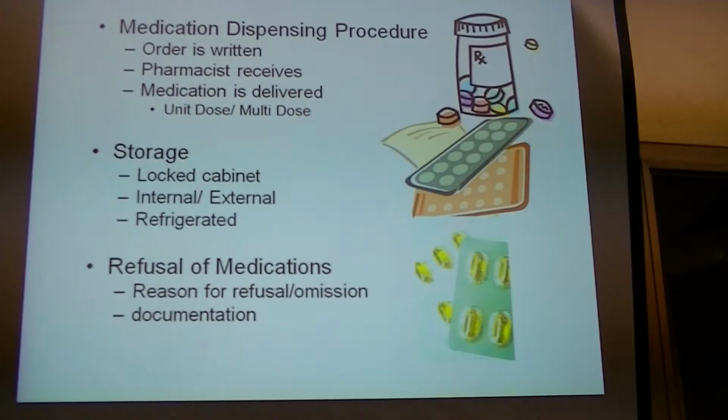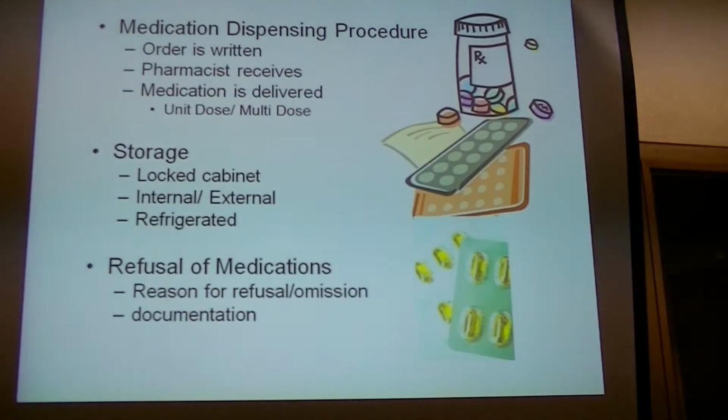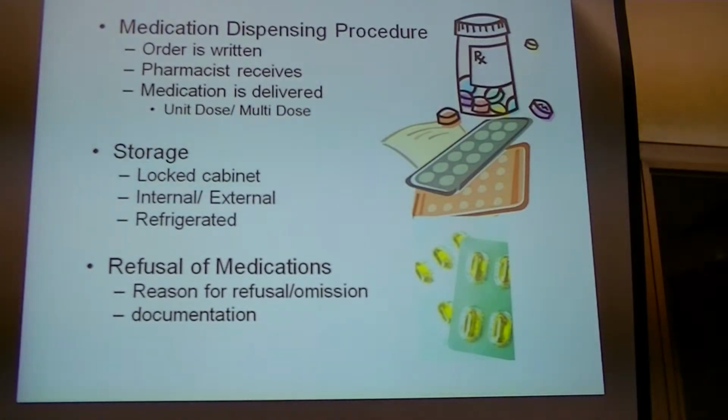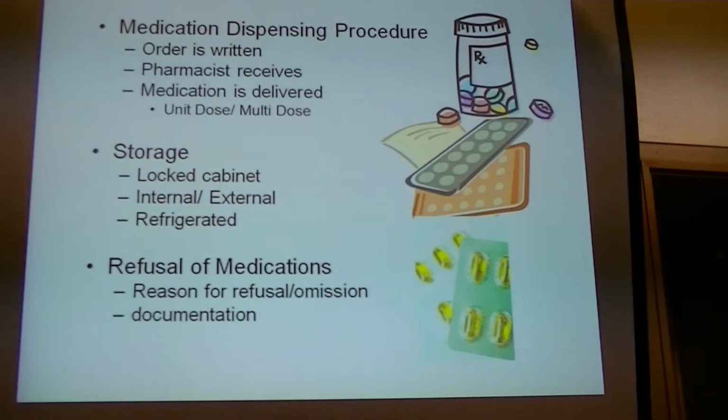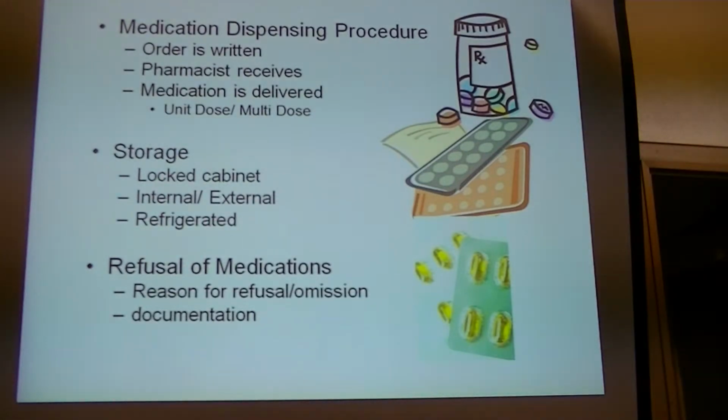Why? If the R is there because it was refused, then you have to document the reason. What do you do besides document? If they refused it, you had to put the R in, now you're documenting why they refused. Is there another step you take? Well, the time, you can do all that, but what else? Call your supervisor. You should always report a refusal. Because we've got to know,